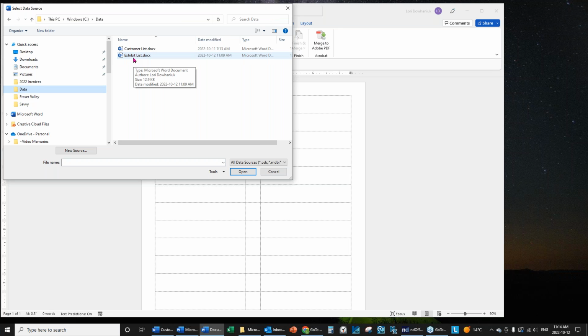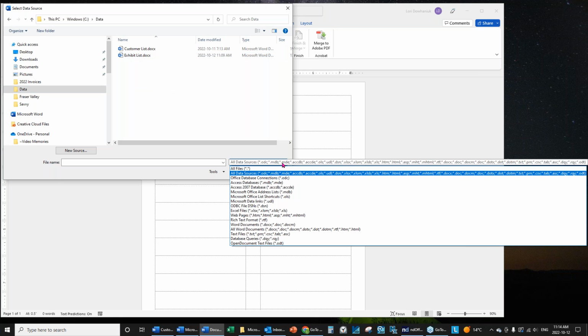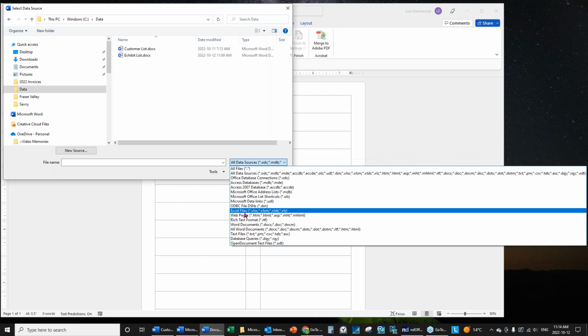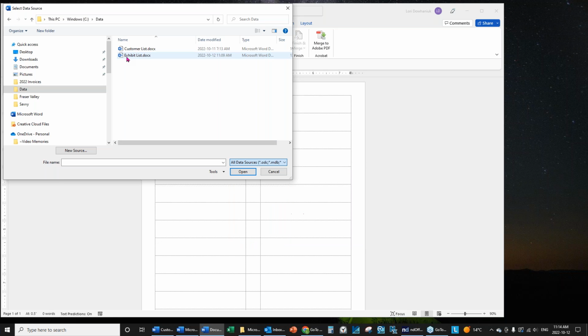So your data sources can be in a Word format. You can also see down here, there's other formats I can choose from. So had I created this as an Excel spreadsheet, you can see I could choose an Excel file. There's quite a few different options in here. So I'm going to go with exhibit list that I've done as a doc file, and I'm going to click